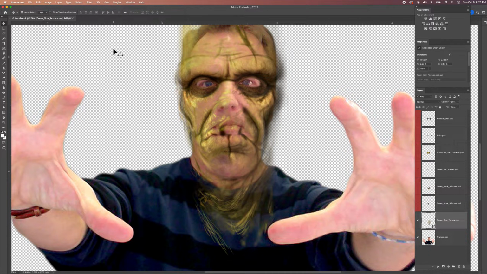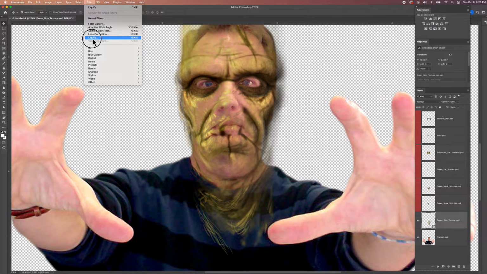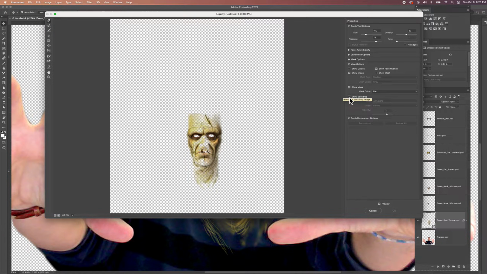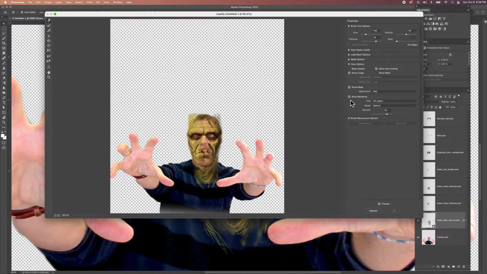Then we're going to choose Filter, Liquify, and we're not going to work in view options. Actually, we are. So earlier, apparently, they said that we use face aware Liquify, which I don't remember, but I guess we did. And we're going to use show backdrop